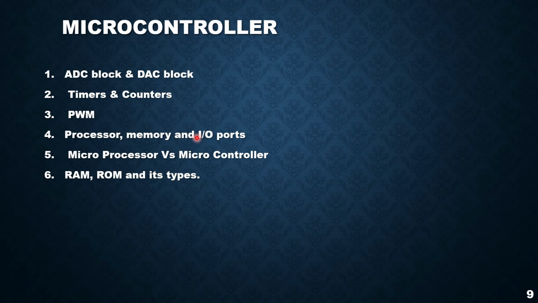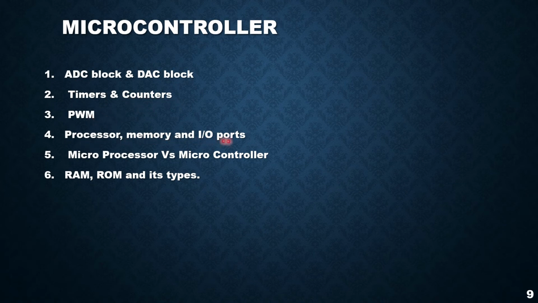Then we learnt about the parts or components of an embedded system. An embedded system basically contains three parts: system on chip, microcontroller and microprocessor, and memory elements. A microcontroller contains analog to digital converter and digital to analog converter blocks, timers and counters, pulse width modulation, processor, memory